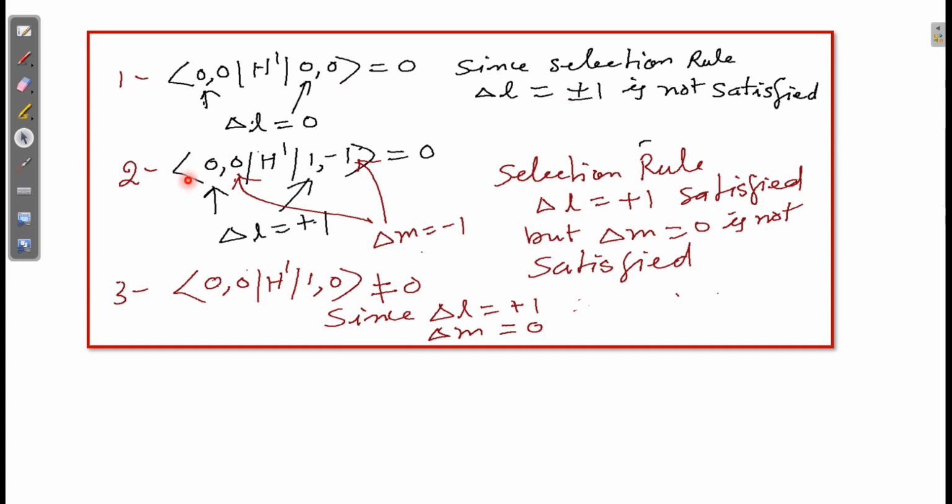Second example, 0 1: the difference is plus 1, which satisfies the rule, so the value should be non-zero. But what is the position of delta M? Delta M is 0 minus 1, that means the difference is minus 1, but the requirement is delta M equal to 0, so this term is 0. Now take the third example, 0 1, so 1 minus 0, that is equal to